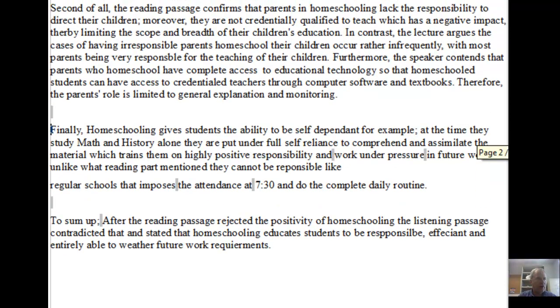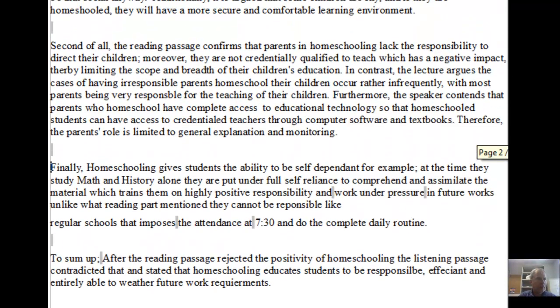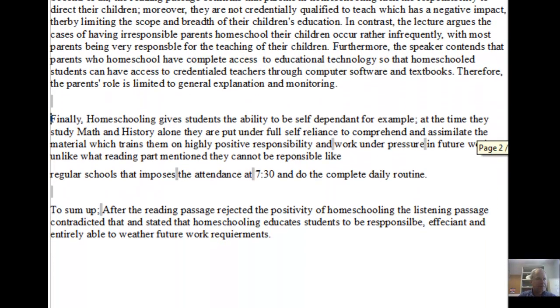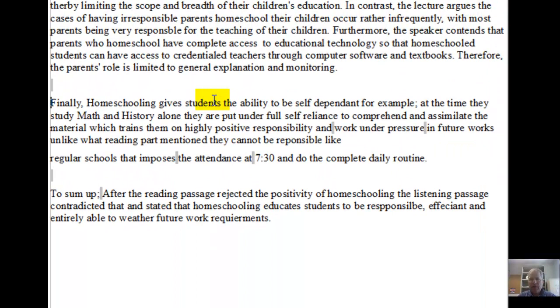Okay, let's go to your third paragraph. So we have first of all, second of all, finally. And let's go back to the reading. Yeah, no, I think you're kind of running into trouble here because we don't even know where this is. I mean, you're getting a little lazy on me here. The reading passage